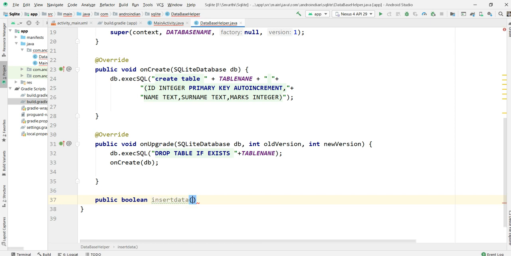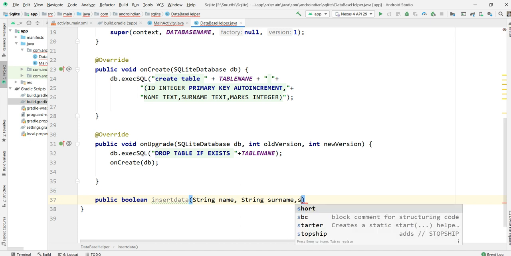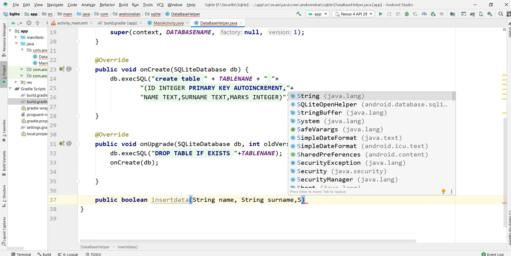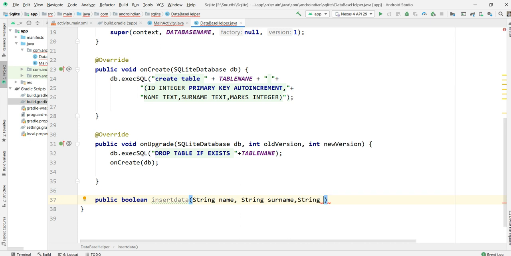Here what I am inserting: first one is string name, second one is string surname, third one is marks. In total we are inserting 4 values, but as the user side we are accepting only 3 values. The one more value, which is auto increment, no need to specify here.